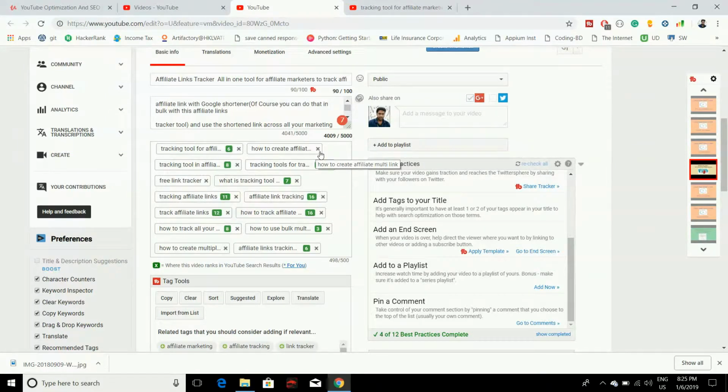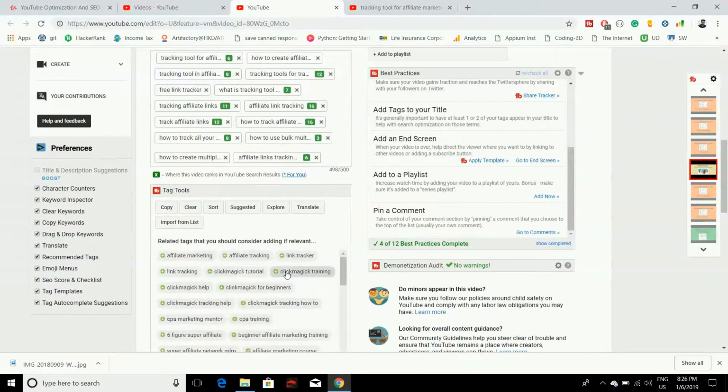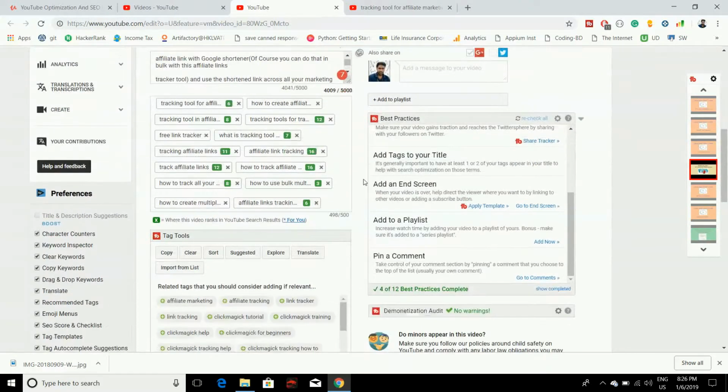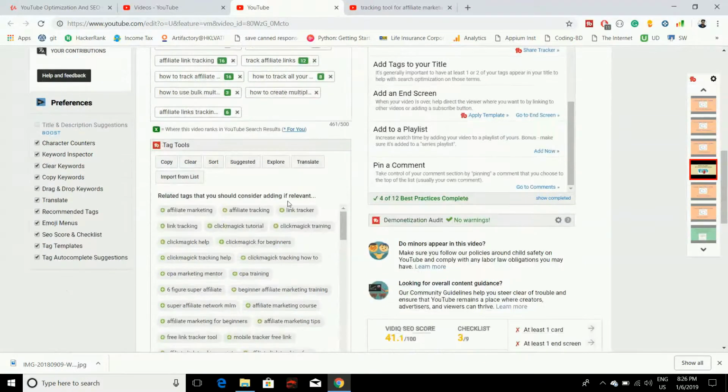Then why should you use this tag? You should think about why you should really use this tag. You can make use of some other tag that is related to your video, and that will bring you more traffic. So here you can see how to create affiliate multi-link. This is not so important for my video, so I can remove this one, and I can go ahead and add some related tags